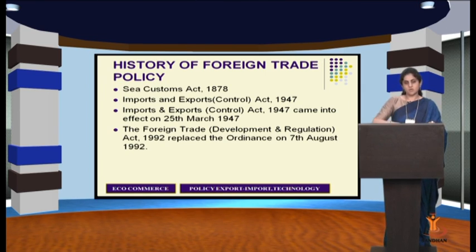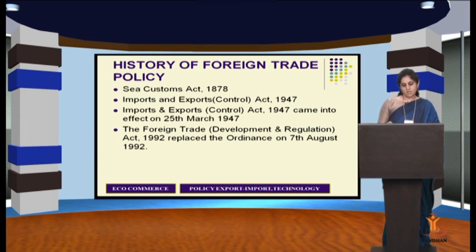Now, if we talk about our next topic, the Foreign Trade Development and Regulation Act 1992, there were some salient features of this act, and that was the development and regulation of foreign trade by facilitating imports and augmenting exports too. Under that 1992 Act, Section 3 enabled the central government to make provisions for the development and regulation of foreign trade, and even prohibit, restrict and otherwise regulate imports and exports of goods also.